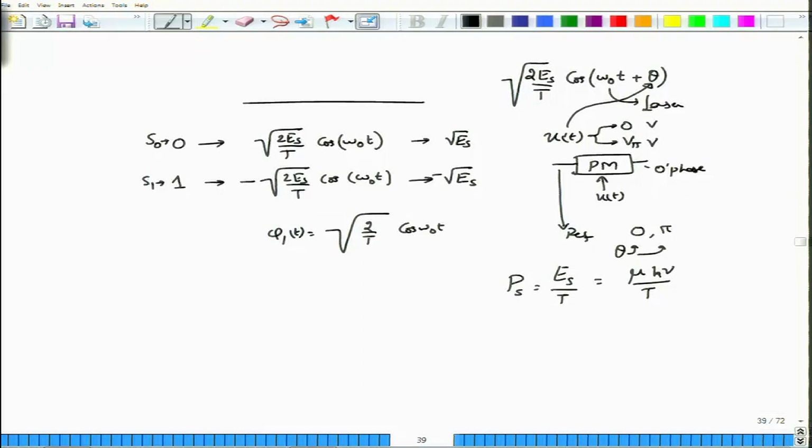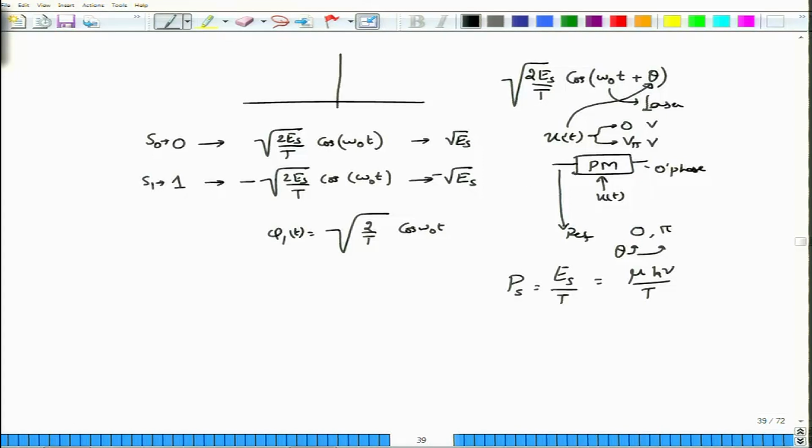Okay, so you can clearly see that it is possible for us to relate energy and power and the actual energy of the photon picture. So in terms of the photon picture also we can specify the energy. Okay, but you notice here something, right? I have square root Es and I have minus square root Es. In terms of the carrier, of course, I have square root of Es times phi 1 of t and minus square root of Es times phi 1 of t.